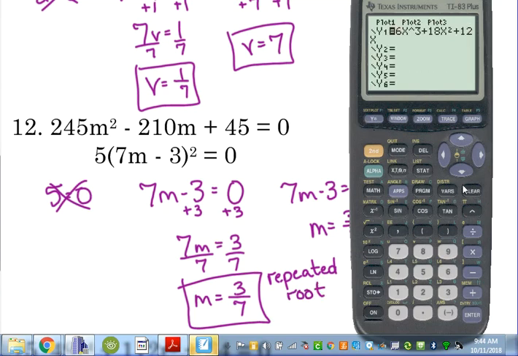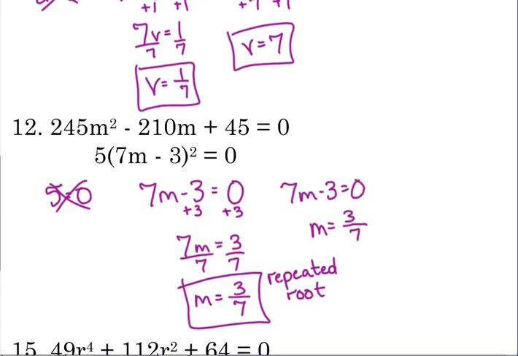Let's see how this looks on the graph. Okay, if I type in 245x squared minus 210x plus 45, and I graph it, okay, it's a very, very, very skinny quadratic because look at the coefficient on the m squared, it's 245. So you may think it doesn't even show up, but it's right here. Look at what happens. It doesn't cross the x-axis. It touches the x-axis, okay? So when you have a repeated root, it's not going to cross